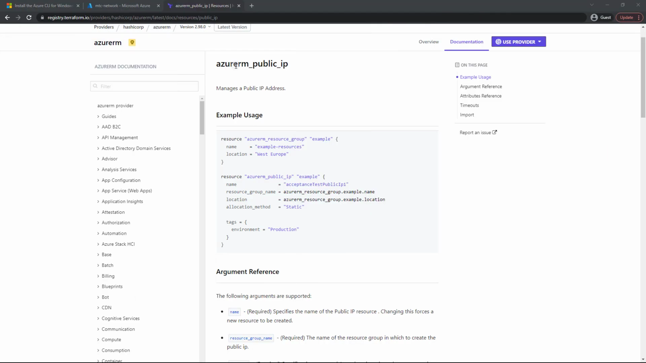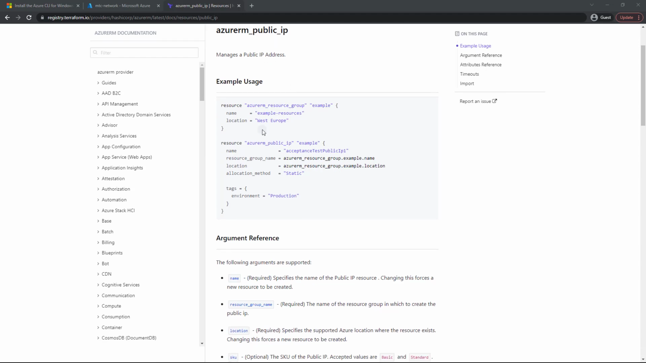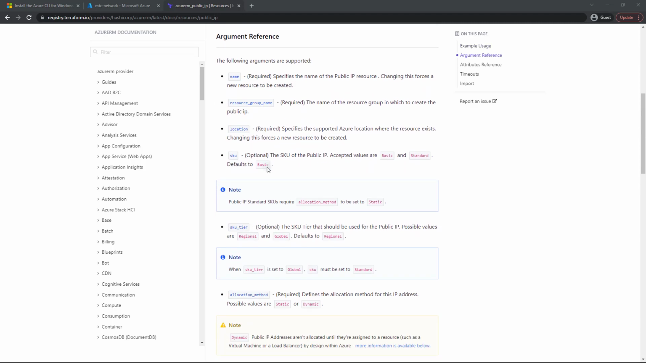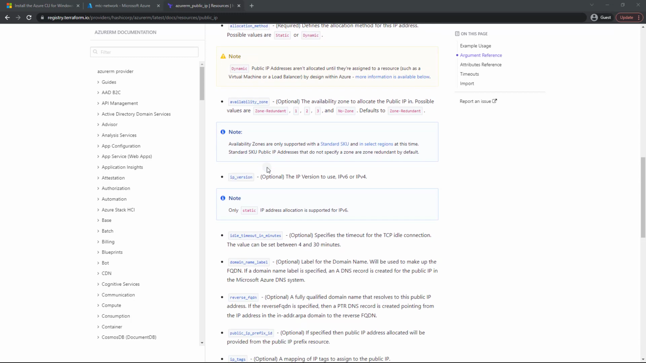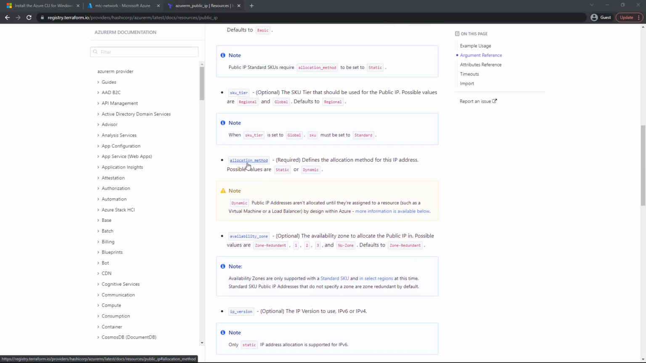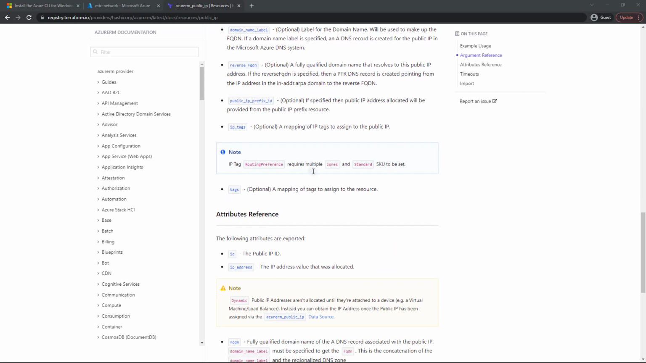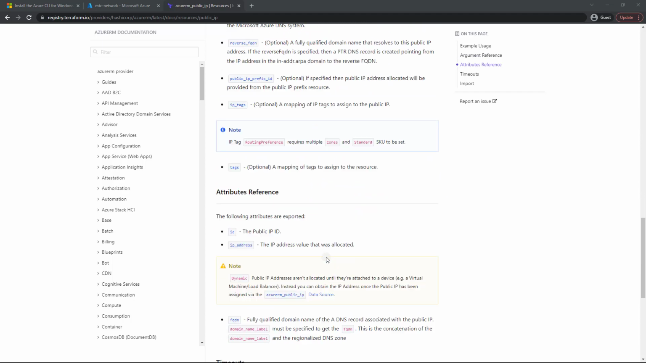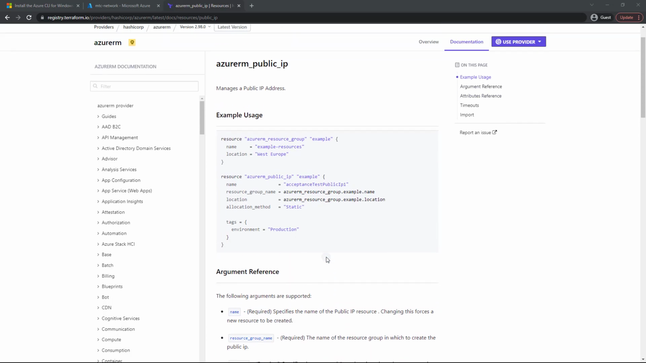Alright, so here we are with the Azure RM Public IP. Pretty straightforward. We've got a name, a resource group name, location, allocation method. Here you'll see static. We're going to be using dynamic, and then some tags. You scroll down, you can see we've got a lot of different options here. But the only one we're really concerned with is the allocation method, since we're going to be using dynamic instead of static. Alright, feel free to peruse those a little bit, but let's go ahead and get started with our